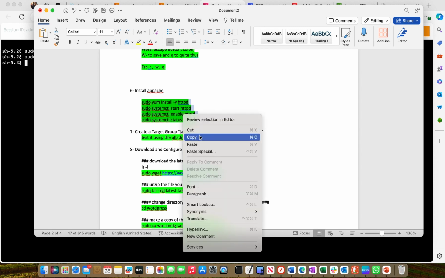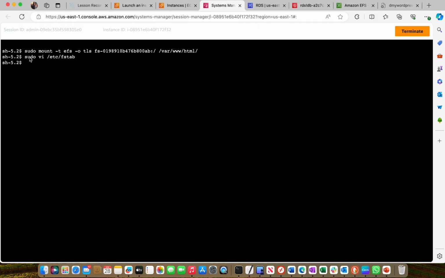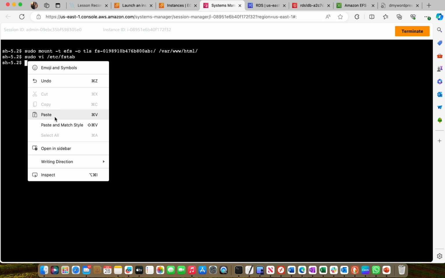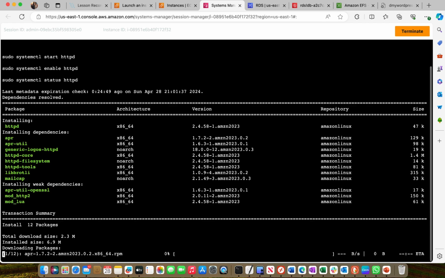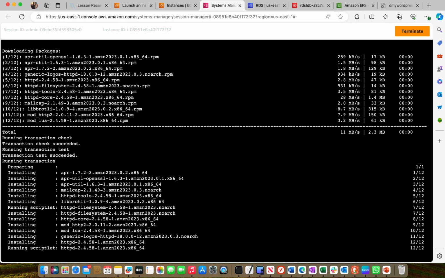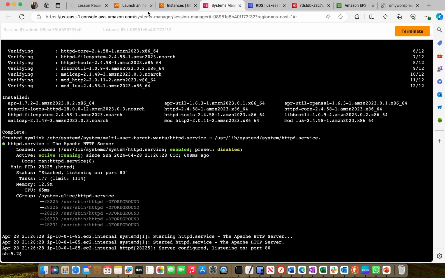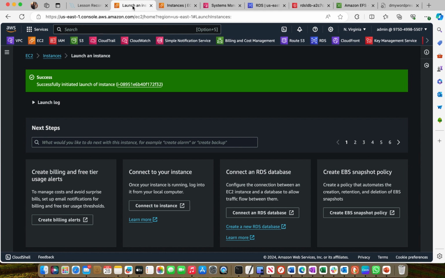So I'm just going to copy the whole of this and paste it here. And then let's run. Okay, while it is running, the next thing that we will have to do here is, since we want this to run behind a load balancer, we can go further and create our load balancer. For us to create our load balancer, we will need to go to EC2